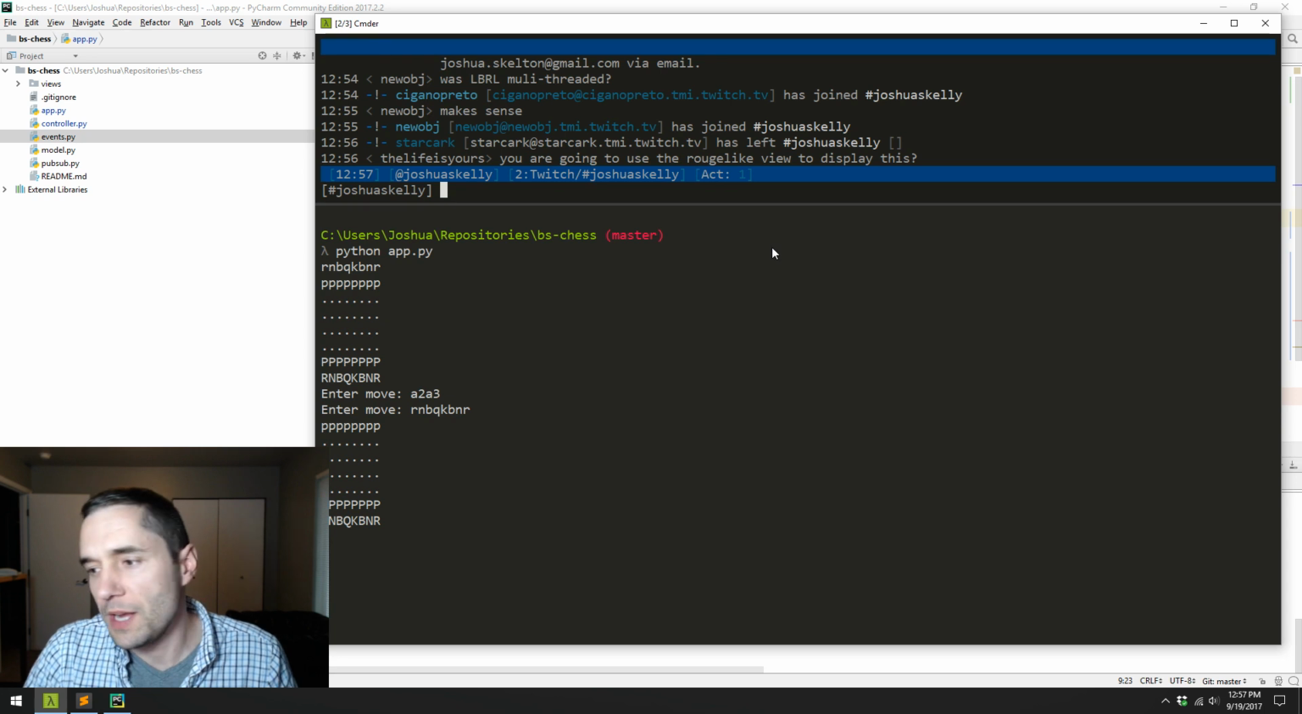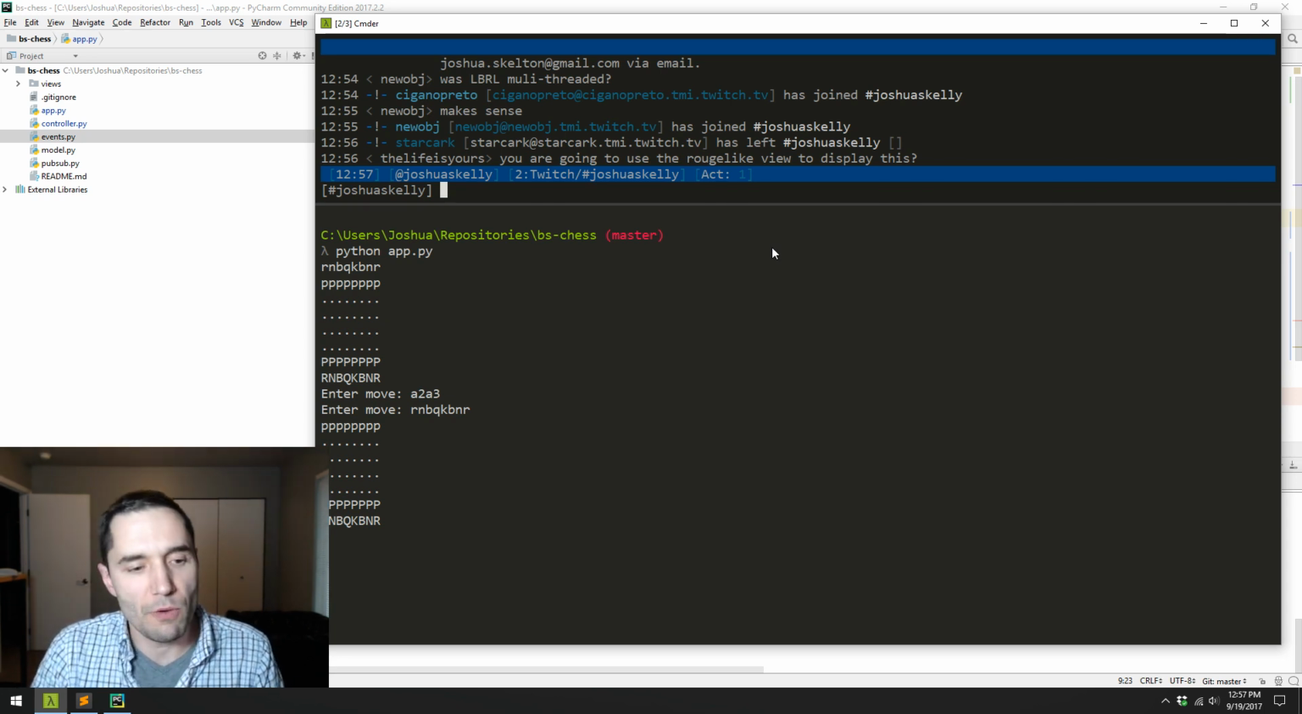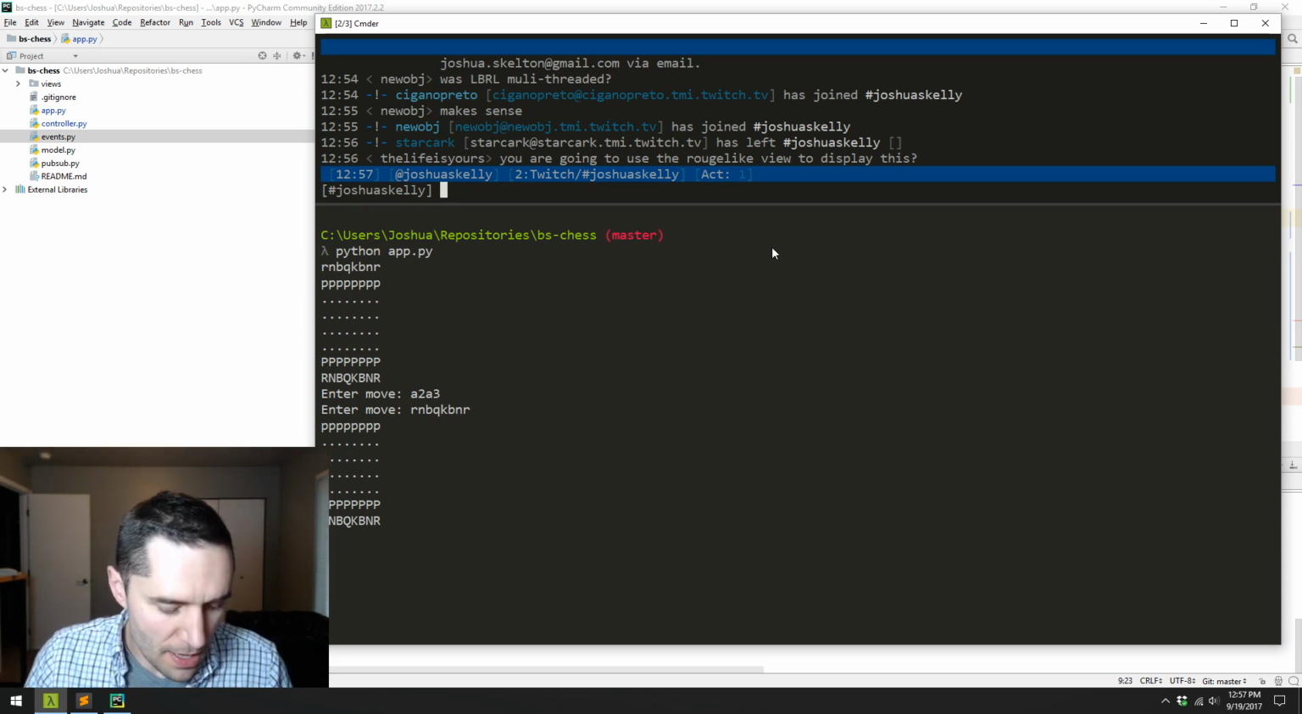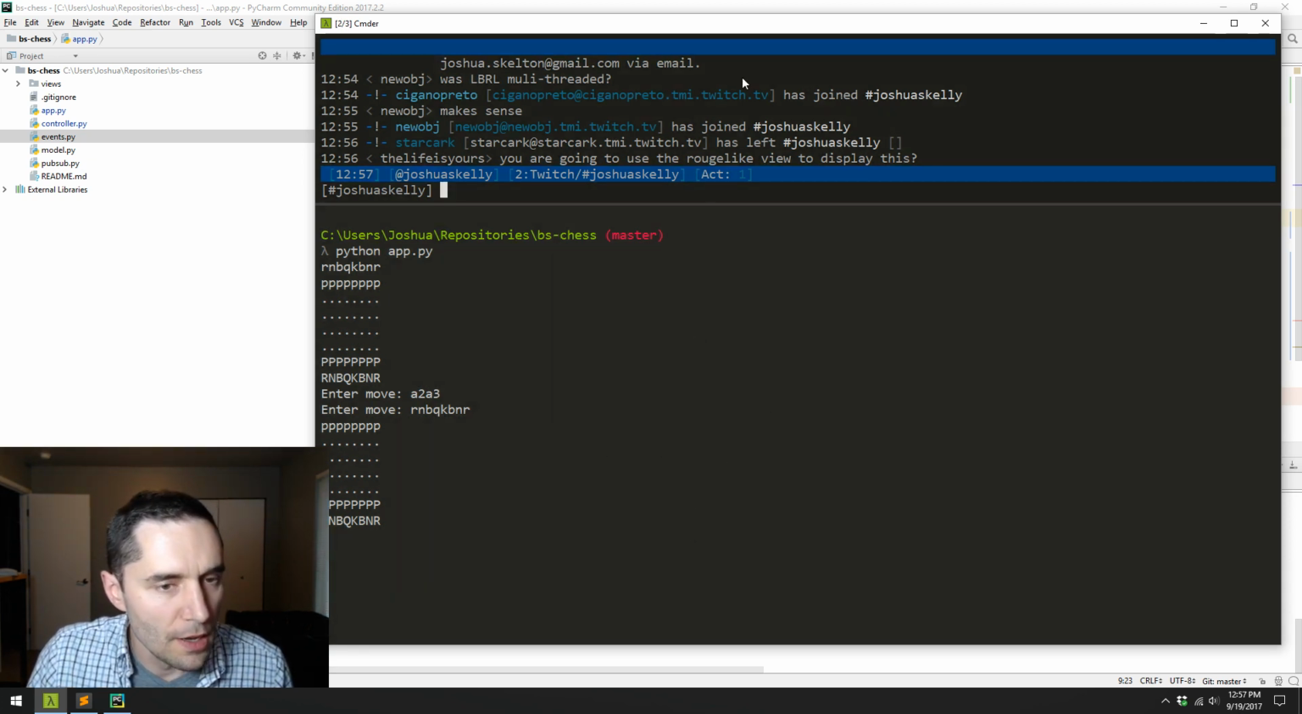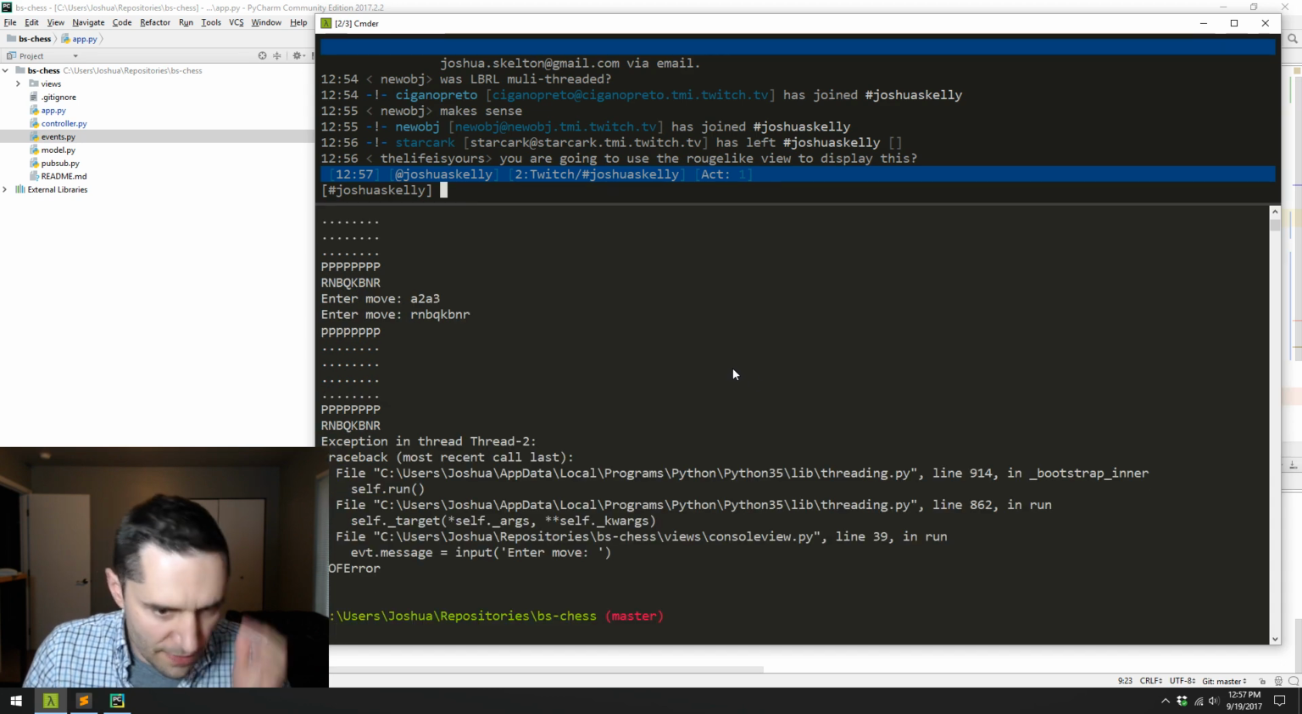I could write a roguelike. I was thinking about writing a TDL view and maybe a 2D sprite view. The views actually aren't too bad to write. So let me just try and see if I can